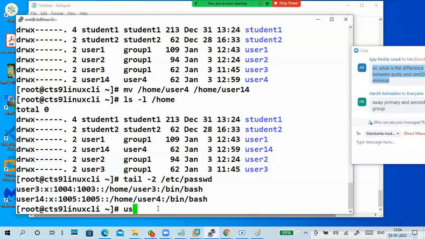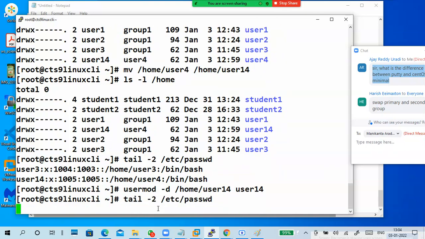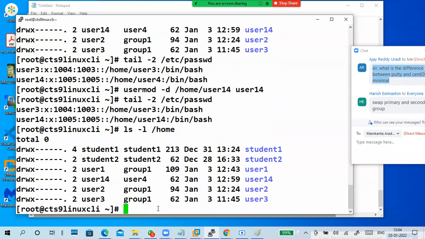What to do? usermod -d /home/user14 user14. Change it. Now passwd is changed, and we also have the user14 folder.